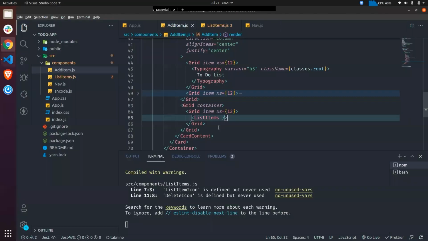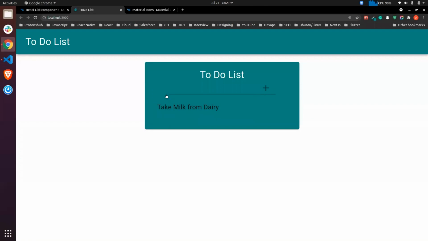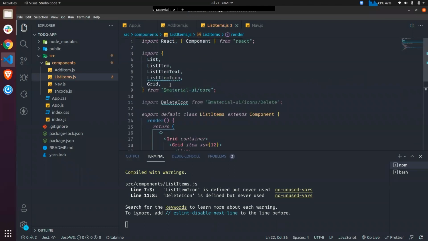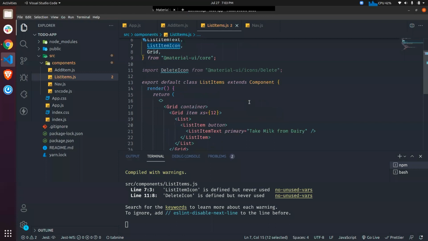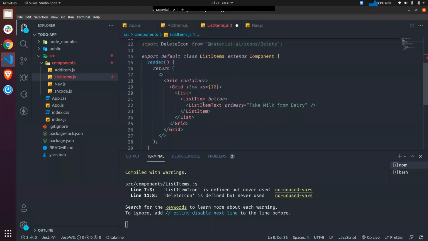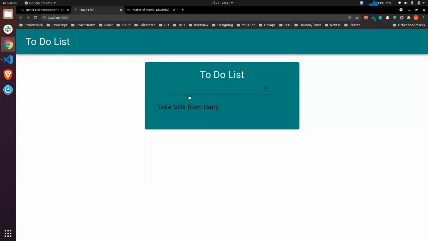Now let's quickly add the delete icon in the list. To add an icon into the list, we have another thing called list item icon. Before that we have to import one more thing which is called list item secondary action. What it does is that it provides you a secondary action inside this list.